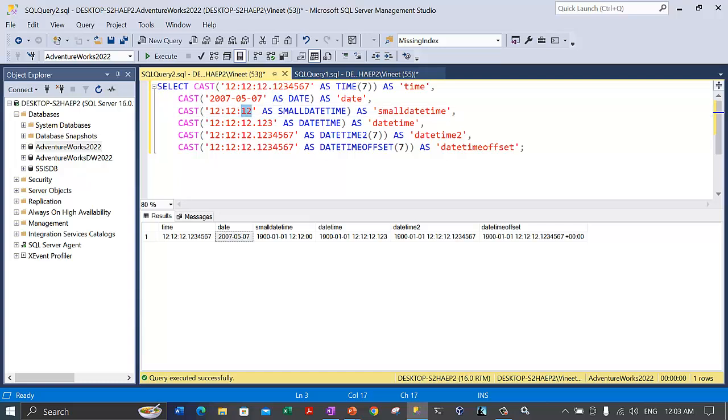So it has a date component as well. For the date, it will take the default as 1900-01-01, like it has taken here, and it will preserve the hour and minute part and set the second part to 0. And if we convert this string, which is 12:12:12 with fractional seconds 123, into datetime type,